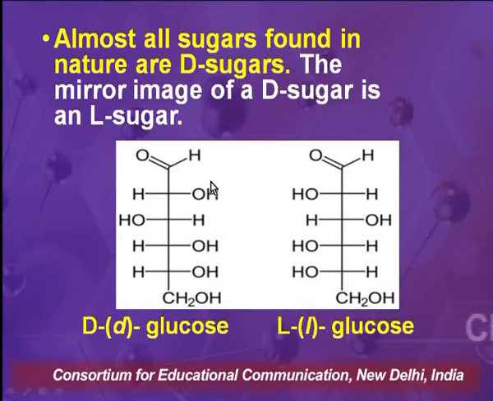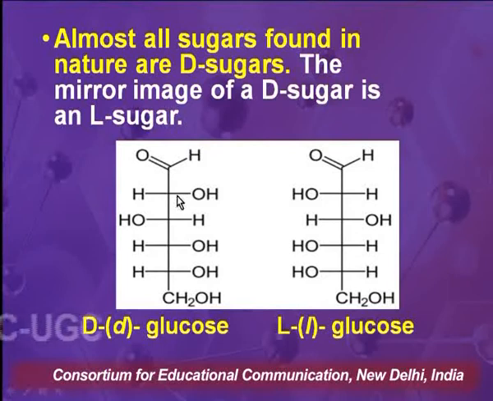Now you will say it is very difficult to memorize. How will we memorize? It is not at all difficult. What you have to remember is, when you are making a structure of glucose, you take the longest carbon chain as the vertical chain with the highest oxidized end at the top. So we place that group here, and then we have a hydroxymethyl group. We place it at the bottom, and we know that this glucose molecule has 6 carbons in it. So 1 carbon we've used here, 2nd carbon we've used here. That means the 4 carbons in between will now have secondary hydroxyl groups.